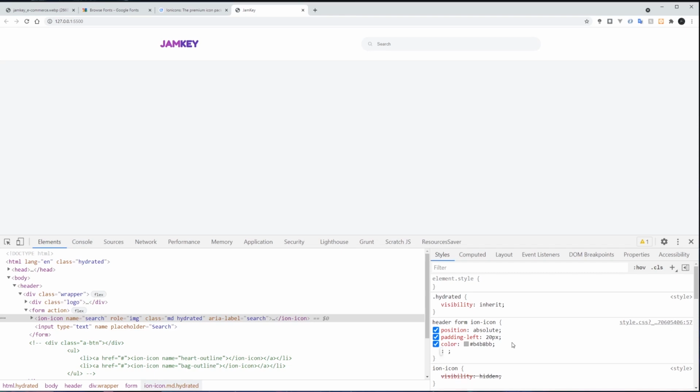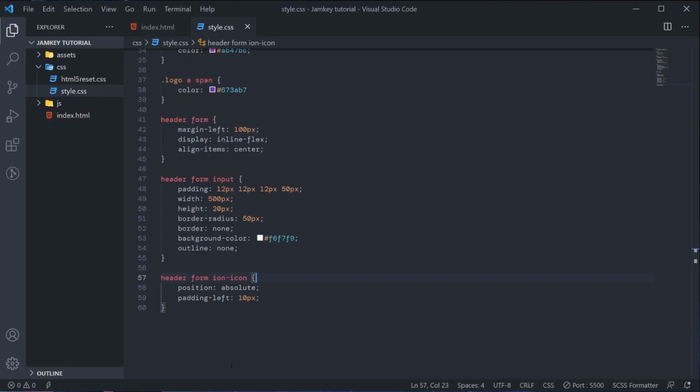Then we'll set the font size to 1.1em. Okay, so I'll just copy this one. I'll go back to my style sheet, then I will paste it like this. This here, I'll paste it like this.